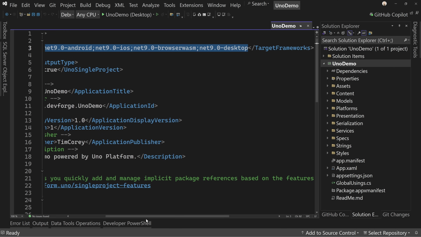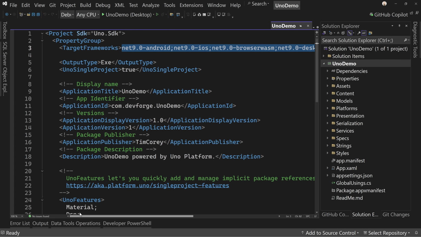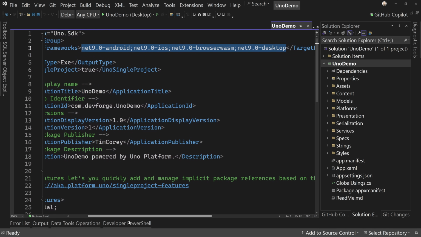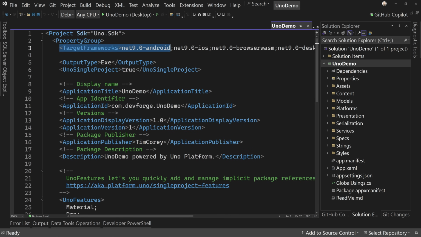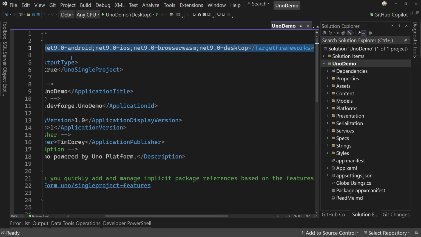Now, here is a pro tip from one of the developers. He said, when you do a build, it's going to do a smart build and just build what you're working on. So if you're working on desktop, it's going to build just the desktop. But when you do a rebuild, it's going to rebuild everything. Make sure it works for Android, iOS, browser, and desktop. That can take longer. One of the things you can do is you can copy this line, paste it down below,